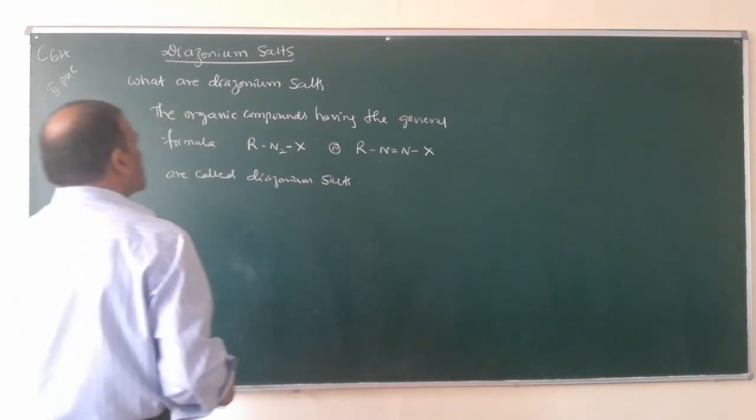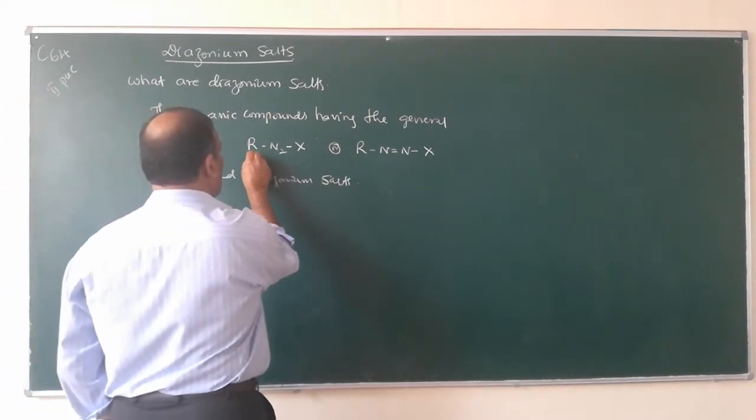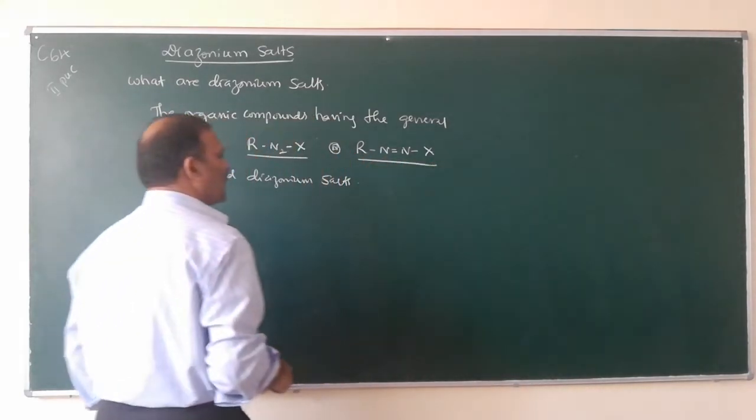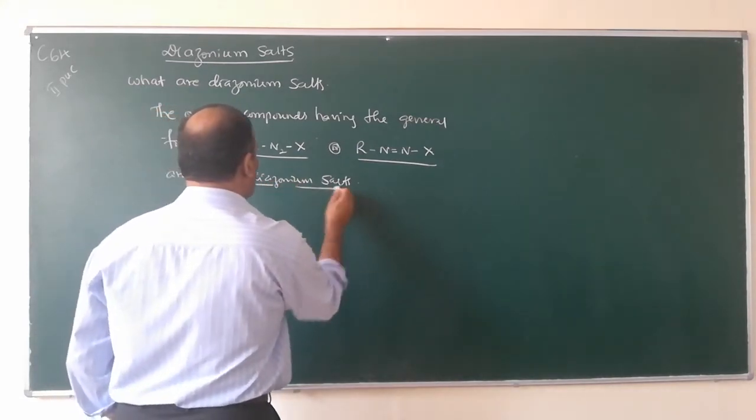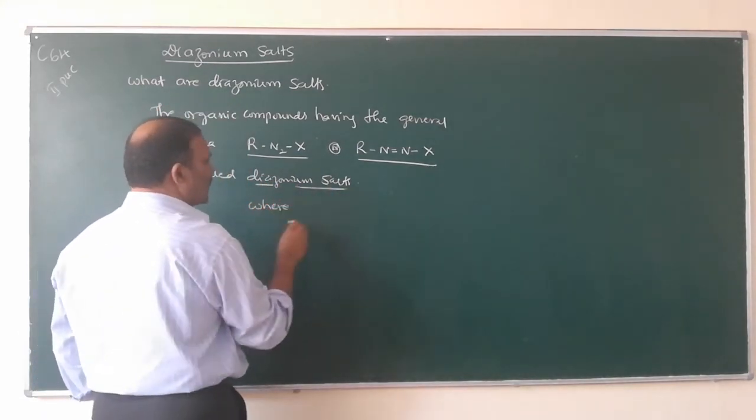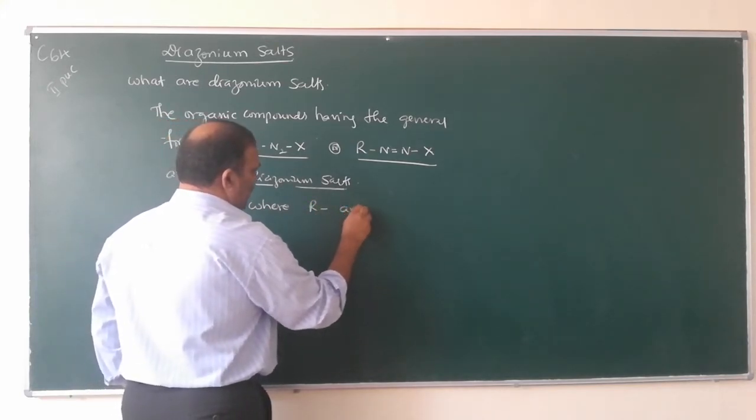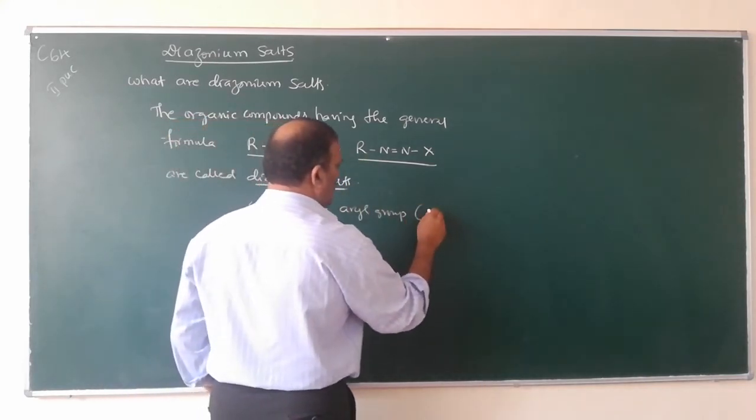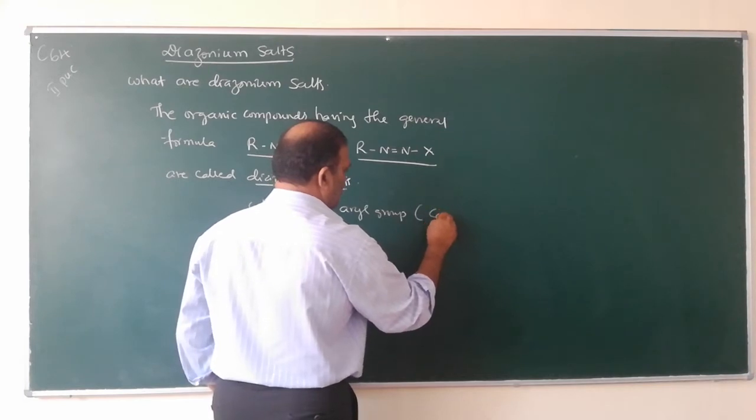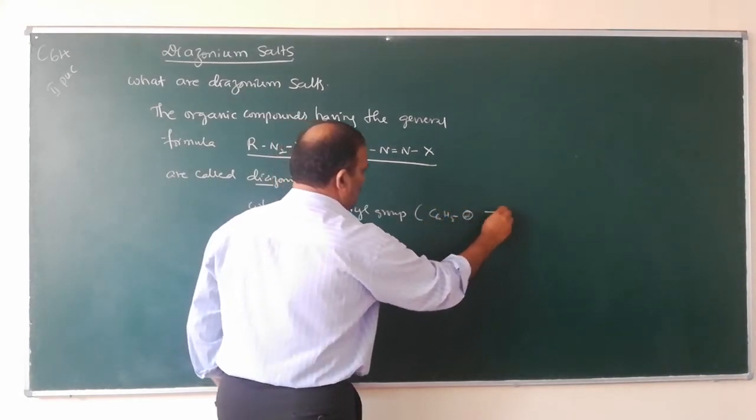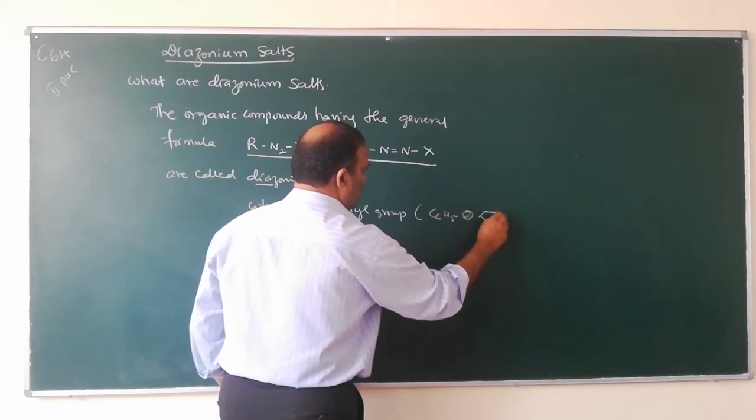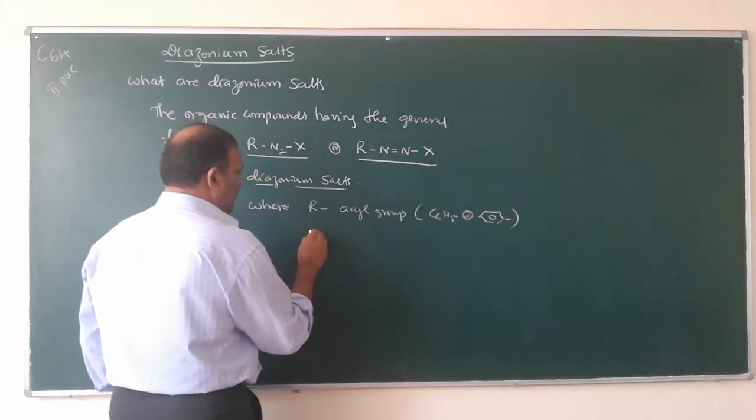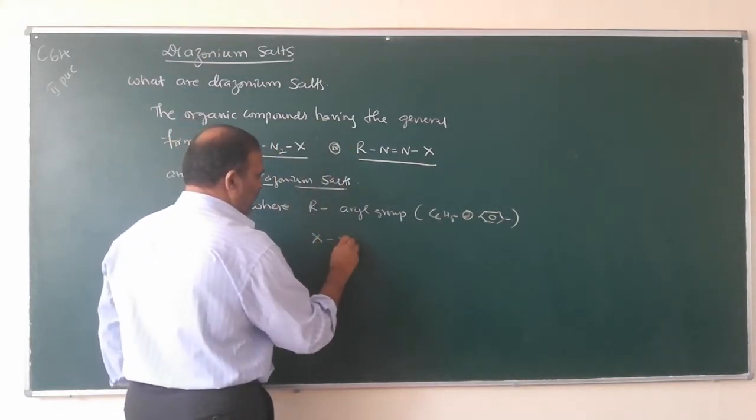So, organic compounds having the general formula RN2X or RN double bond NX are called diazonium salts, where R is the aryl group. It may be phenyl group, that is C6H5. R is the aryl group, and X may be